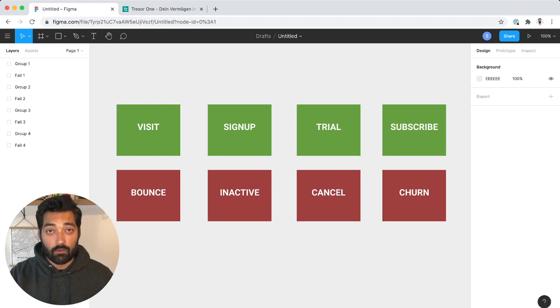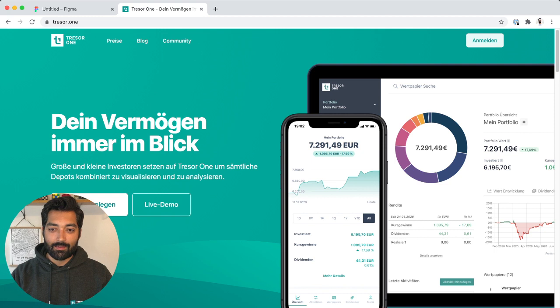Let's take a look at our landing page. This is the landing page of Tresor One, and what stands out already for me is that it says here "dein Vermögen immer im Blick". In English, that's like you have your wealth in sight, you can track your wealth.